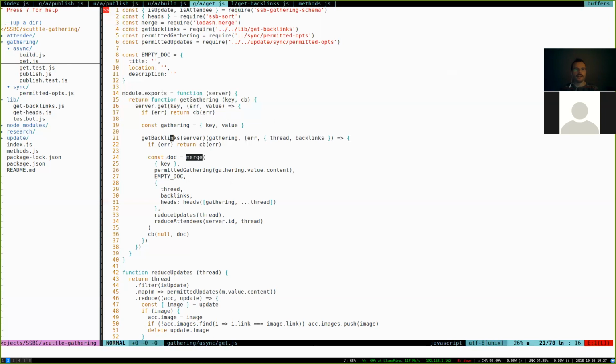And then here I am building this pretty object. So the pretty object is a big merge of the key and all of the permitted properties from the gathering. So that'll be the progenitor and the mentions and stuff like that. Empty doc, I don't know what that is. Oh yeah, it merges in some empty things so that the state doesn't explode later. And then